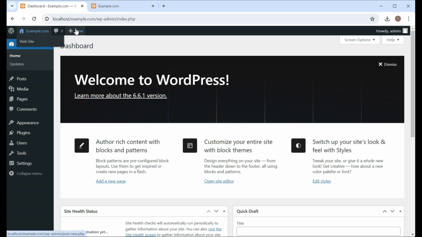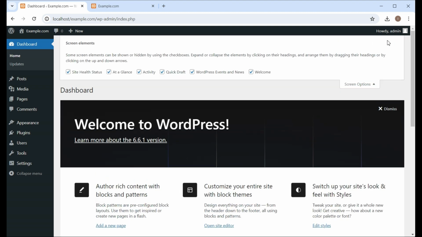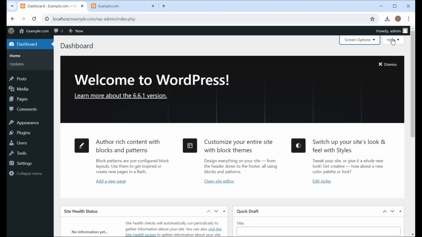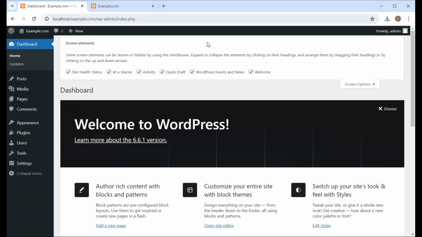Underneath the admin bar, there are two options: screen options and help. The help option will help you on the WordPress website. The screen options just control what's displayed on the screen, and you can see there are little checks.